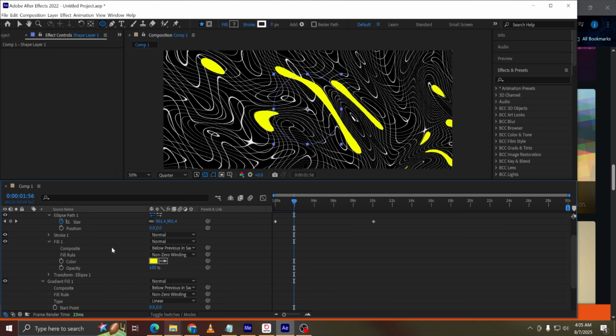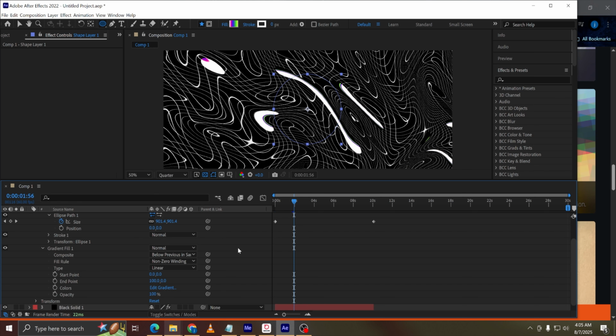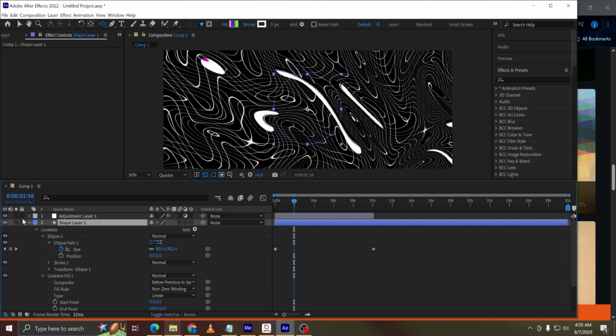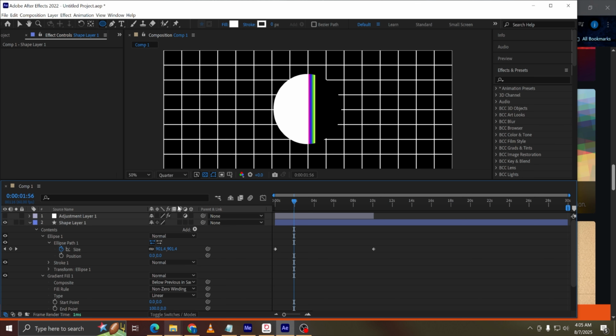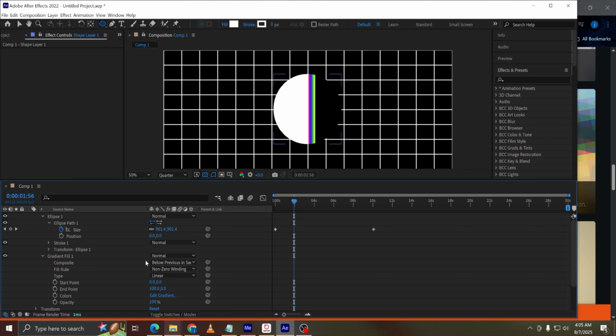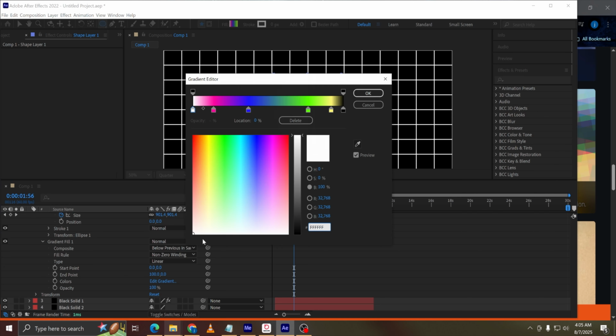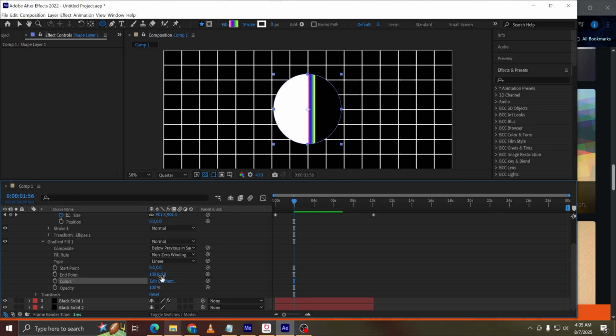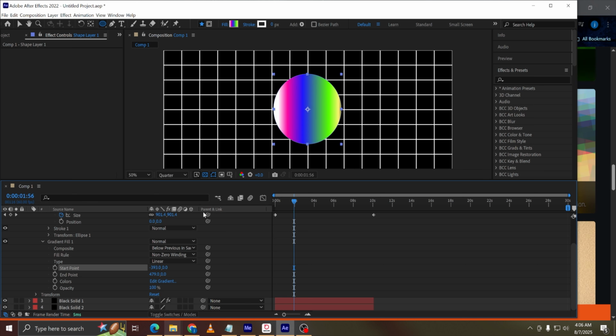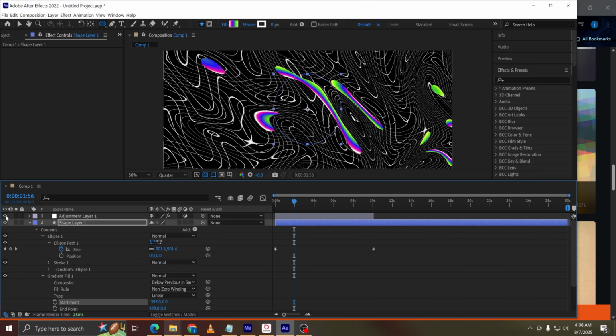Now what we need to do is destroy the fill, and let's take a look at the circle. Okay, that looks silly. So let's go ahead, edit gradient. No, that's the colors we want. End point. Okay. And then start point. Sure. That's fun. Let's go back to the adjustment layer,